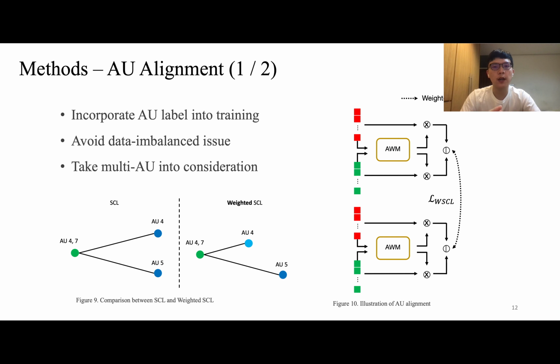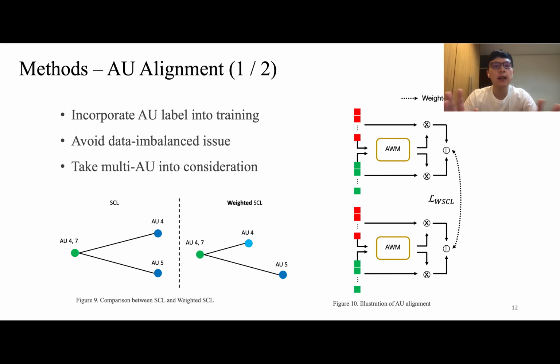To further improve our model performance, we incorporate AU labels into training. However, directly using AU labels can come across a severe data imbalance issue. So we decide to use a similarity score to train our model. And using supervised contrastive loss is our choice because it is one of the most powerful methods to train the similarity score